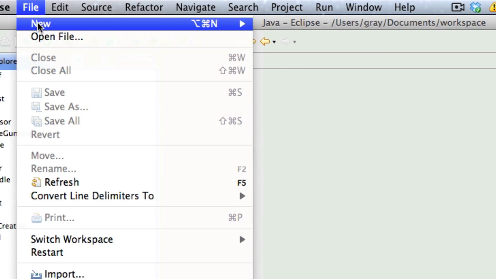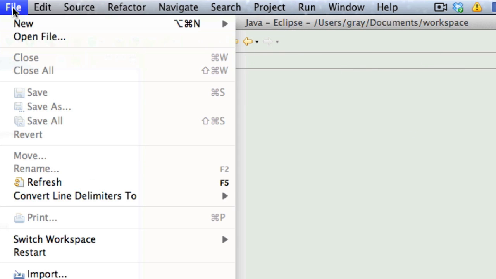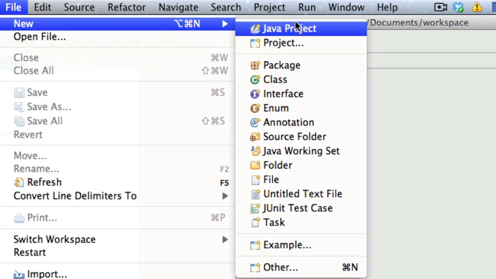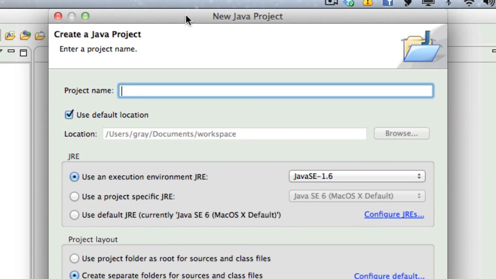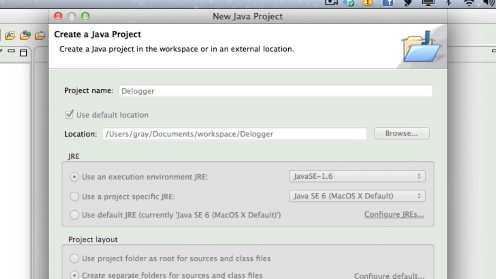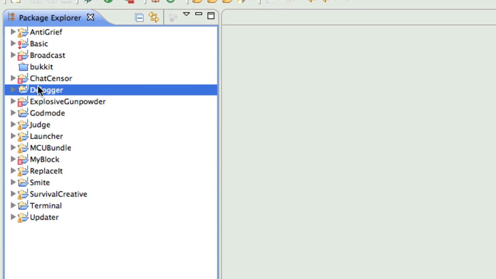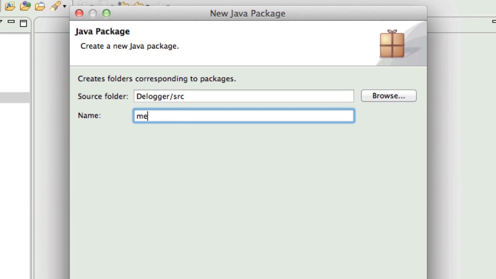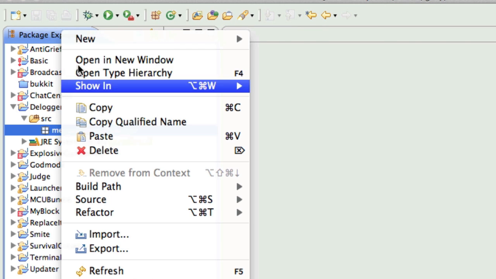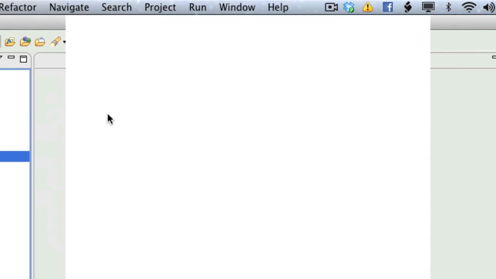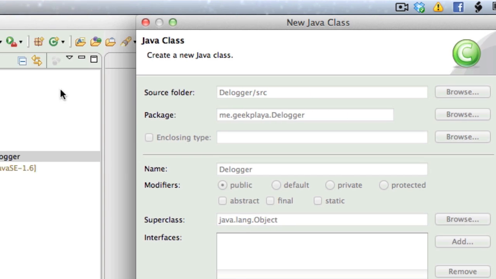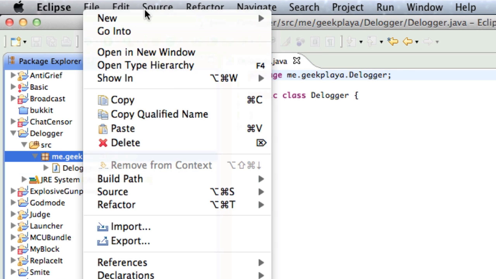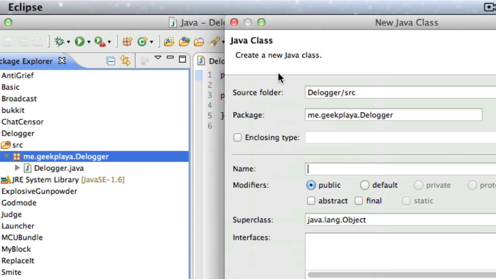Go to File, New, Java project, and then the project name will be Delogger. Now right click your newly created project, go to New and go to Package. Say me.geekplaya, or whatever your name is, .delogger. Right click the package again, go to New, and then go to Class and say Delogger. Right click your package once more, go to New, go to Class, and do